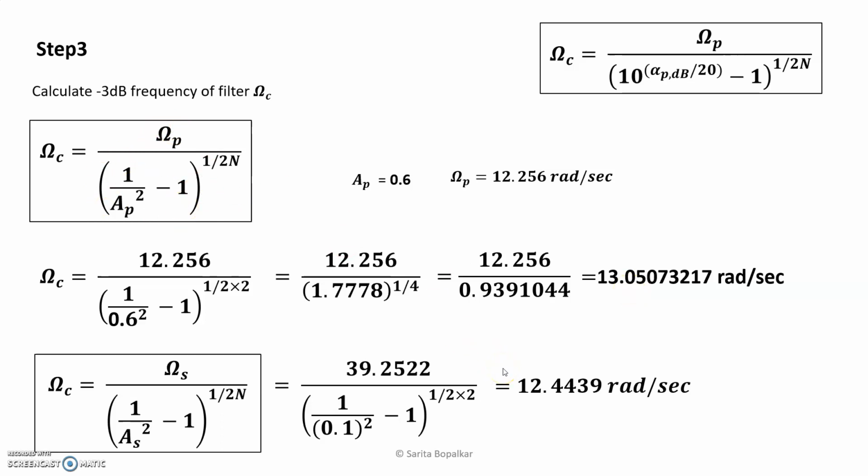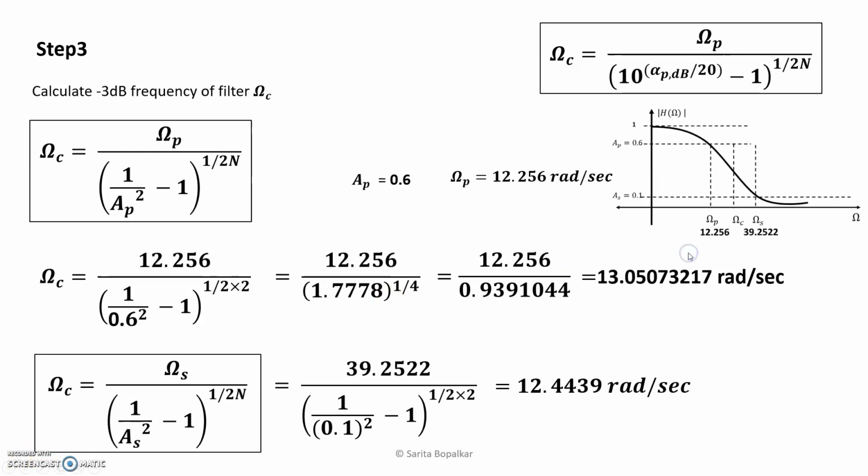Because in case due to noise this Ωc gets affected, it may happen that this Ωc becomes less than Ωp and we have to compromise our passband specification. So to avoid that, I have preferred the passband specification formula so that the difference between Ωp and Ωc is large. So due to noise also, our passband should not get affected. So this difference we need to keep large so that due to noise, this Ωc should not enter into the passband. That's it. Now the next step is simple, or we can say same as the previous example.